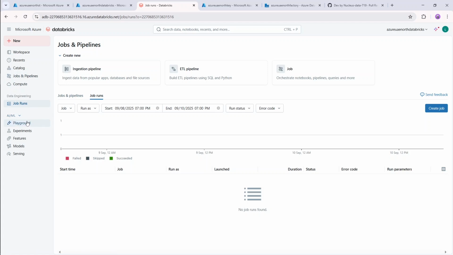And now for the rest of the features like playground, experiments, features, models, serving, these features are for machine learning. Now let's go back to the workspace